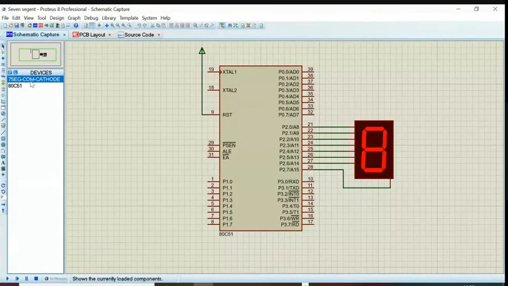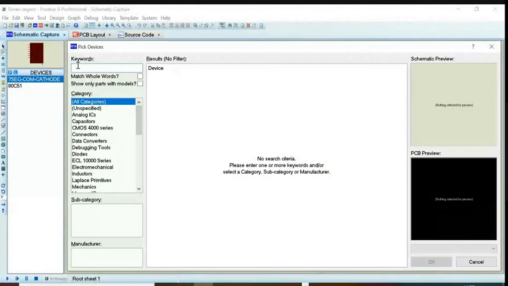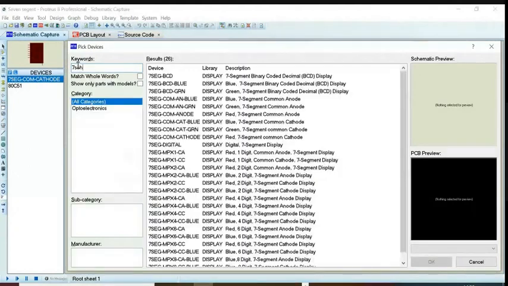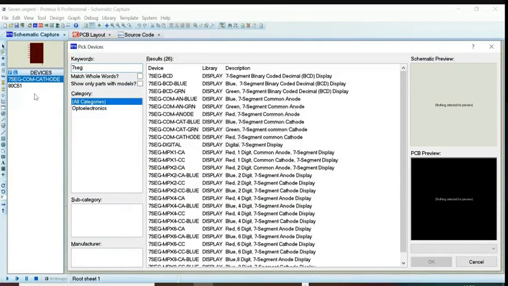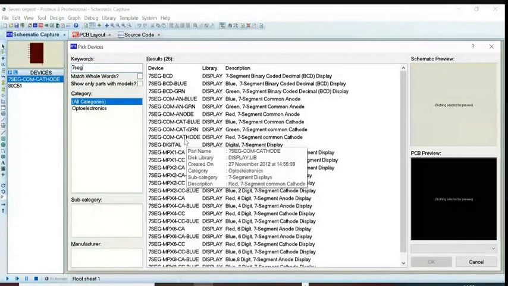Select 7-segment common cathode from the part list. Common cathode, 7-segment common cathode.